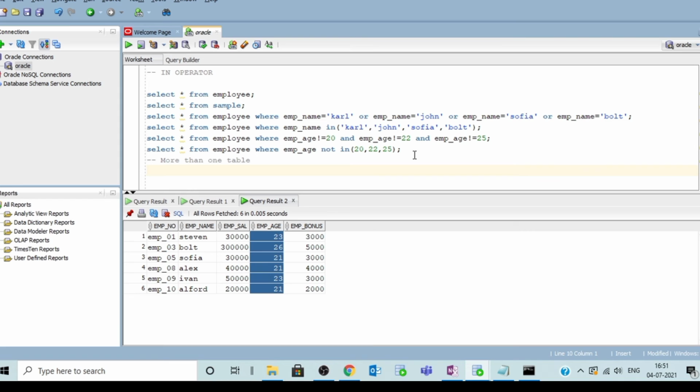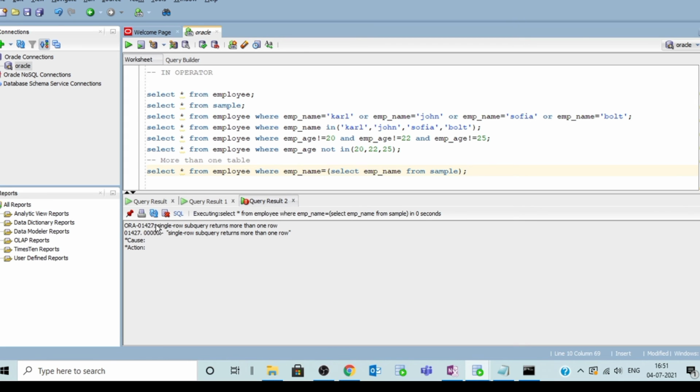Using a scenario, if you want to find out all the employees whose names are matching in both the tables, let's find out. Select star from employee where employee name equal to, and we'll write a subquery as select employee name from sample. I think now we'll get the error. Yeah, we'll get the error: single row subquery returns more than one row.